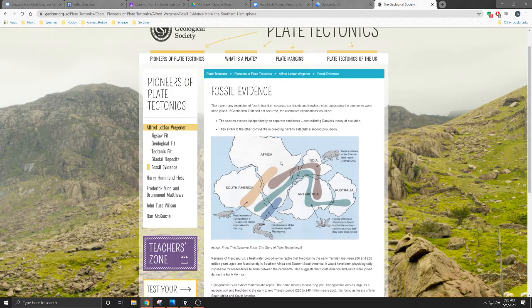One of them in the southern hemisphere is going to be Gondwanaland down here, and you can see the areas where all of these organisms have overlapping fossil evidence, right? So you have this fossil evidence of this frog rhino looking guy, Lystrosaurus, in India, Antarctica, and Africa. And those three places are not very close together today. And this animal would by no means, as a land reptile, be able to swim across those oceans. So fossil evidence is going to be a huge factor in the support of that.